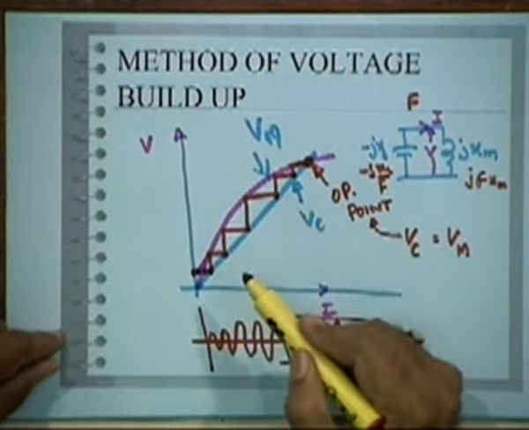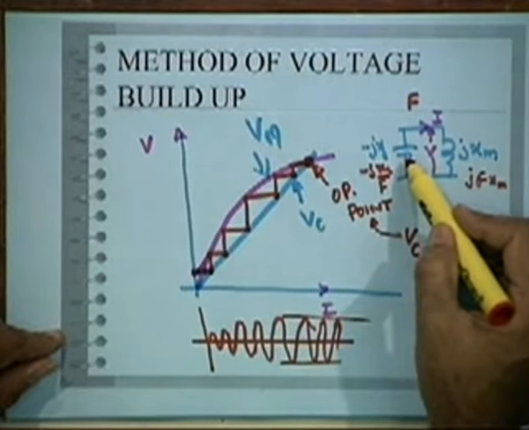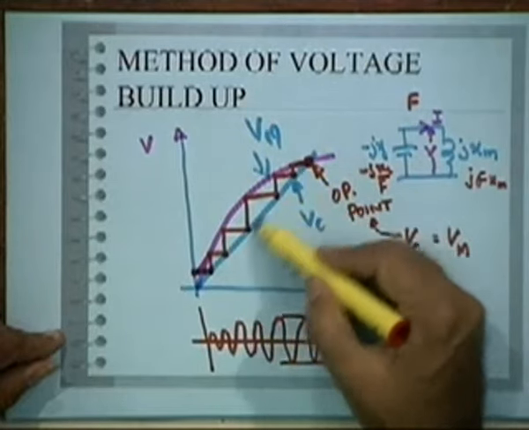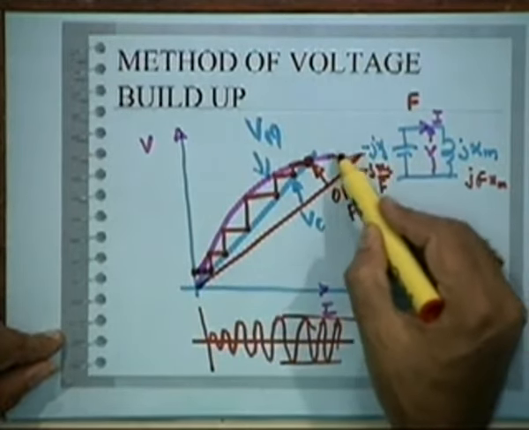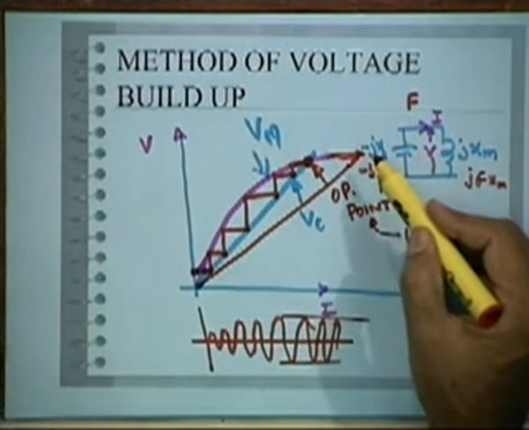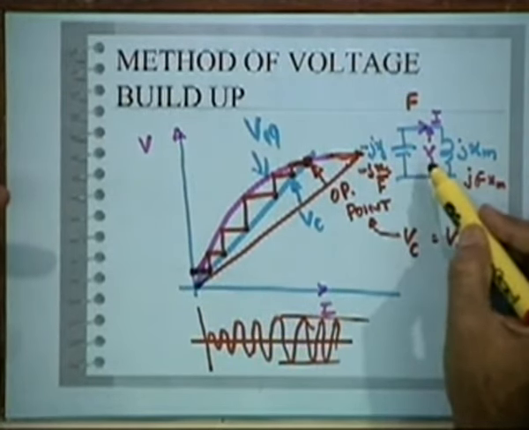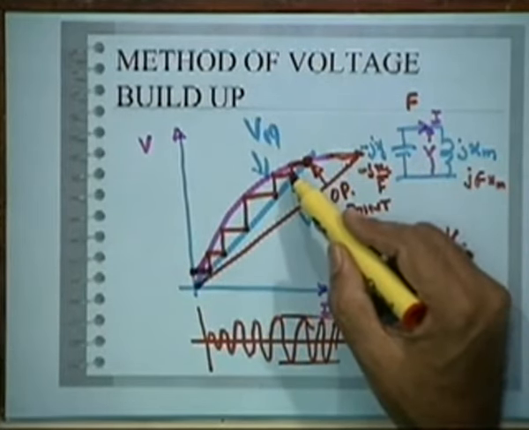Then if you change the capacitance also, what will happen? Suppose you have put one value of capacitance. If you increase the capacitance, where will this curve go, down or up? Down. So if you increase the capacitance, it will be some other curve. So increasing capacitance, what will it mean? It will operate at higher voltage. So qualitatively we can say increased capacitance would mean higher voltage, decreased capacitance would mean lower voltage, and increased speed would mean higher voltage, and decreased speed would mean lower voltage. So this is what you can see qualitatively.